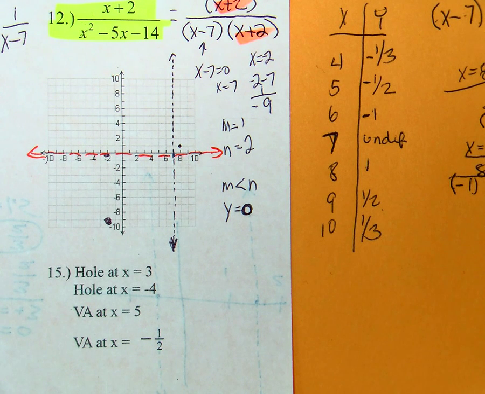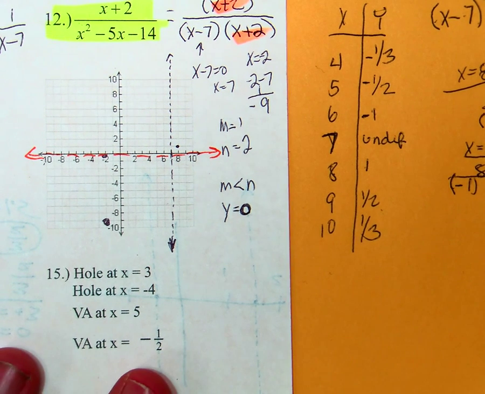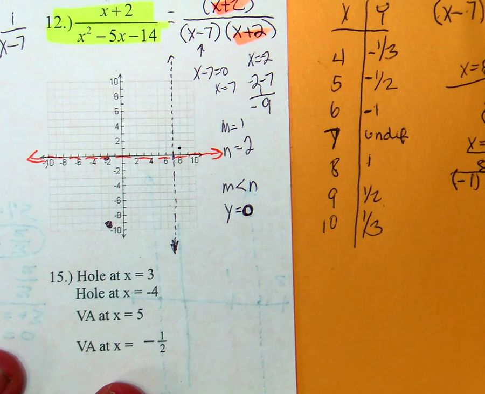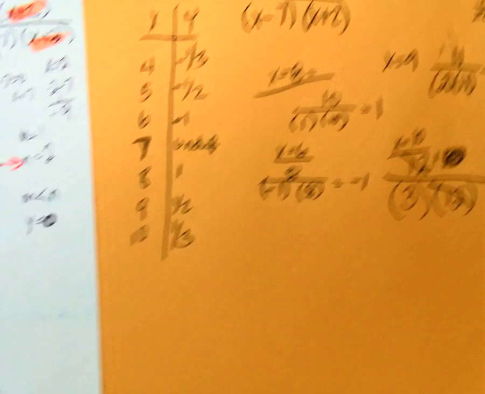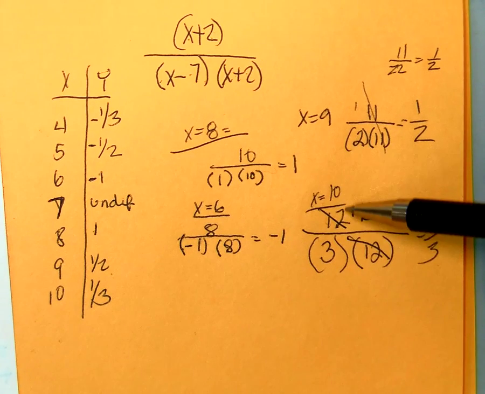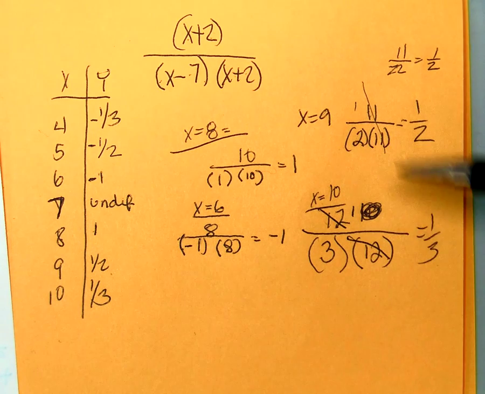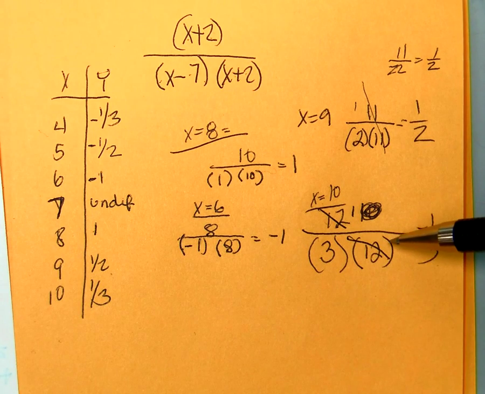How did you get 1/3 at 10? I plugged in 10 plus 2, which was 12. 10 minus 7, which is 3. And then 10 plus 2 again, which is 12. All right, so now I plug in these values. I got my 1 here. I got 1/2,